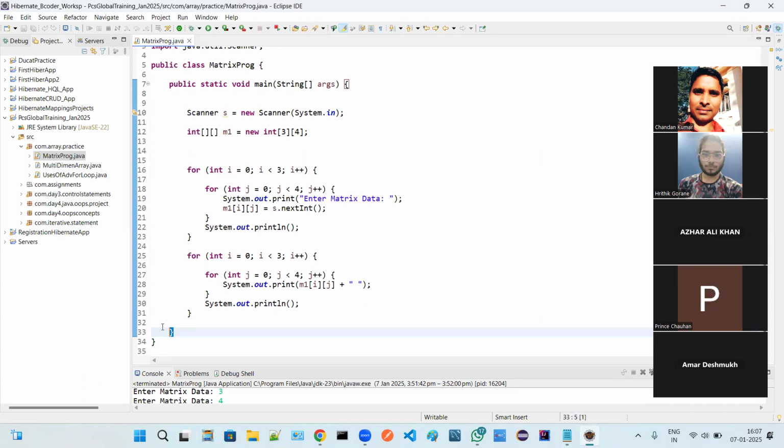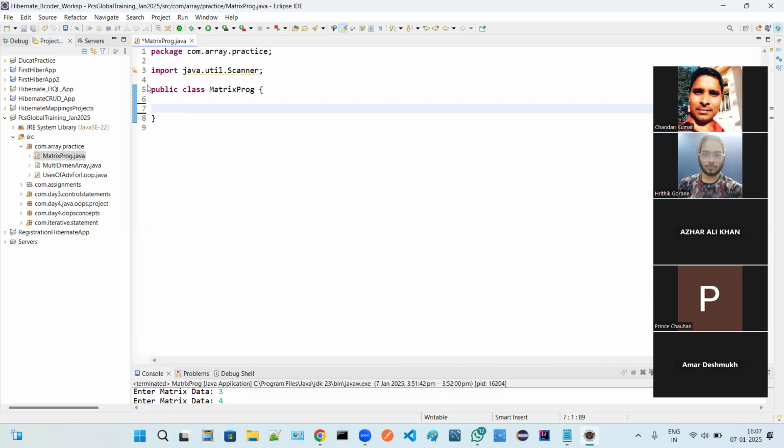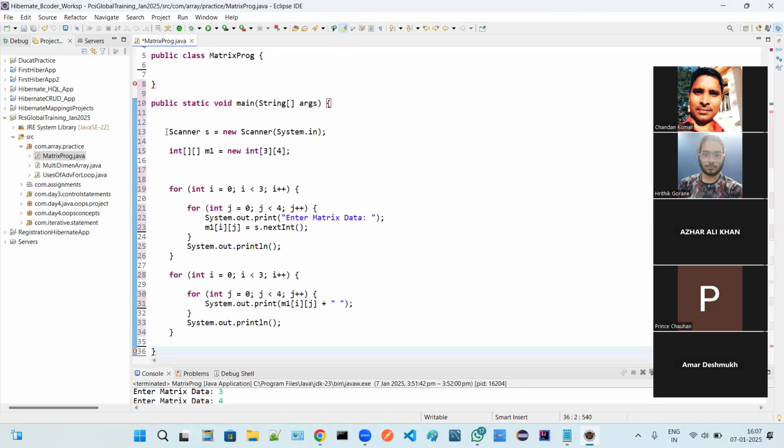Whatever we have written is inside this class. Did I write anything outside? No. If we try to write outside, we'll get an error. The error is in front of you.